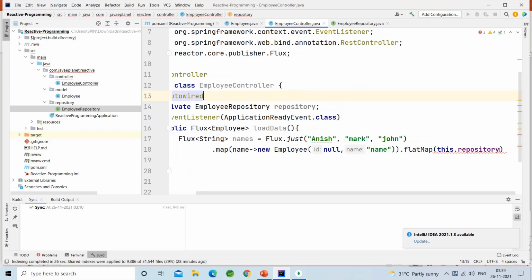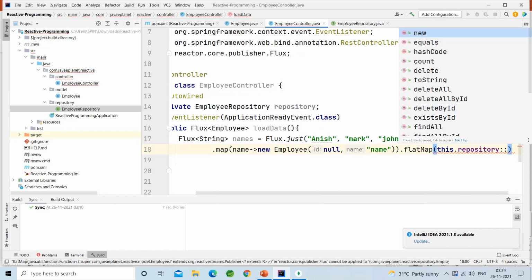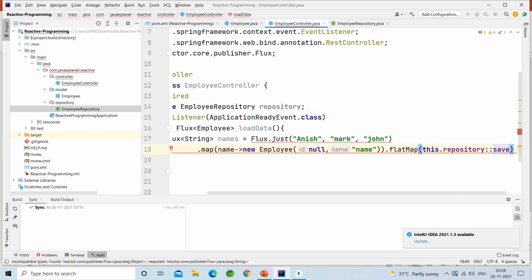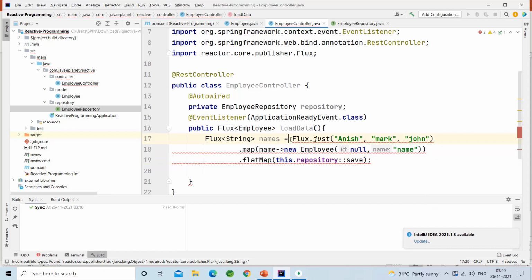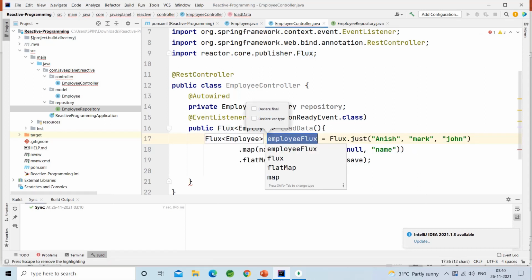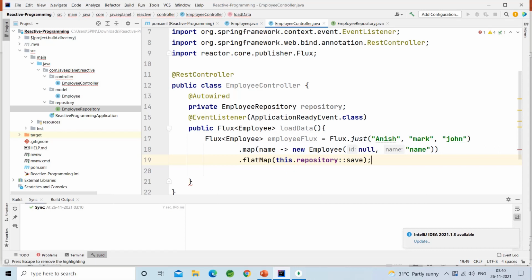This.repository, by using method reference I am saving.